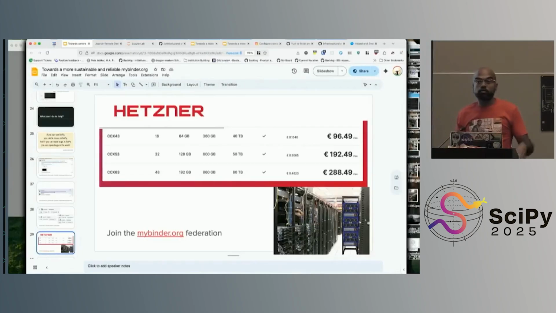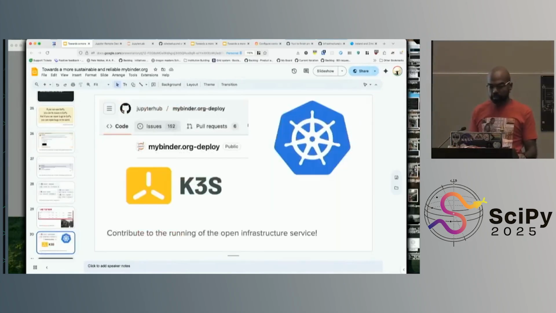So you or your organization can join the federation for a period of time. It doesn't need to be Hetzner, right? It can be anywhere. Maybe you have a bunch of credits that you're not using. Or maybe you have a server that's just sitting somewhere because it's not being used for whatever reason, right? There are a lot of ways in which you can add compute to this, and you're welcome to do so. Again, the Zulip, or you can also, of course, reach out to me.